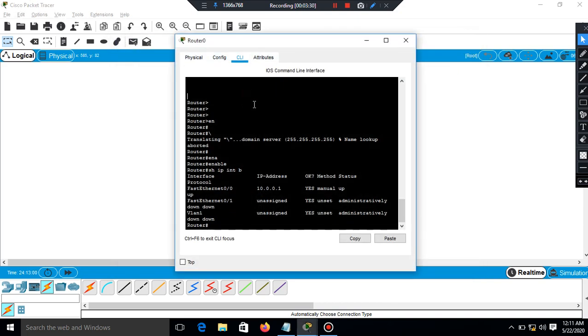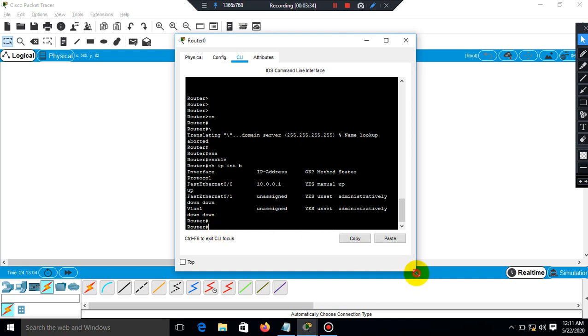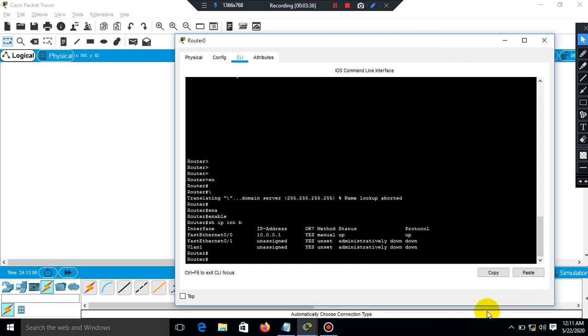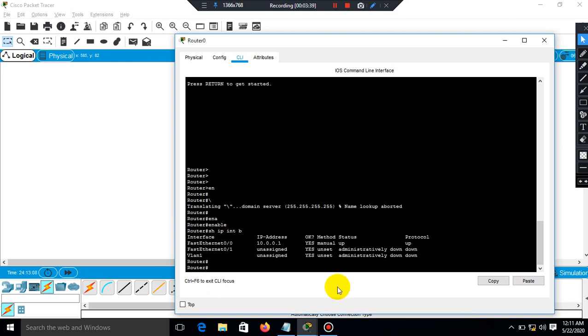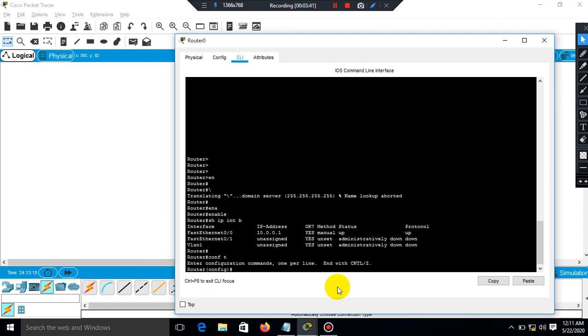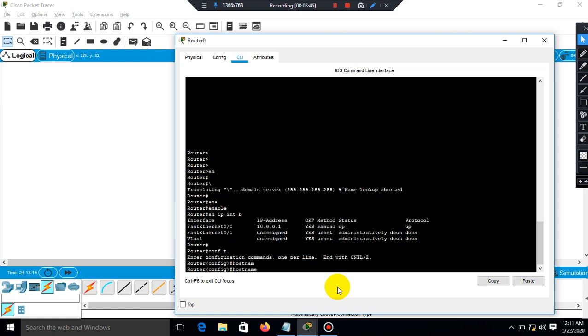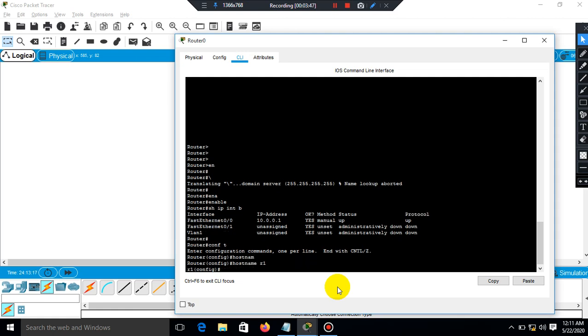Now I am going to configure Telnet. First we have to change the host name, so I am going to assign the host name R1. Then we have to set the password.